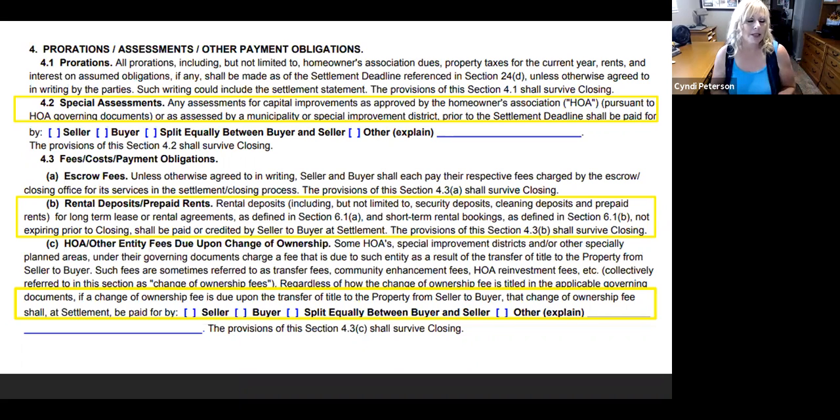A big thing that I've noticed that's been a real issue in the past has been rental deposits and prepaid rent. I've seen where landlords that own the home decide to sell a property and they've collected either upfront rent for 2 or 3 months, somebody paid ahead, or they've got all their security deposits and cleaning deposits that they prepaid. I've watched this happen before where they never transferred it over to the new owner and the owner was stuck with the lease that was already in place. So maybe you've got 6 months left on that lease. You have to